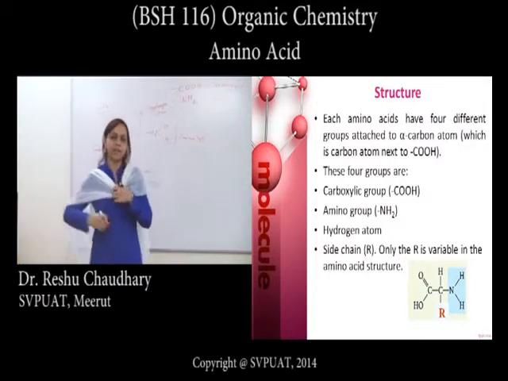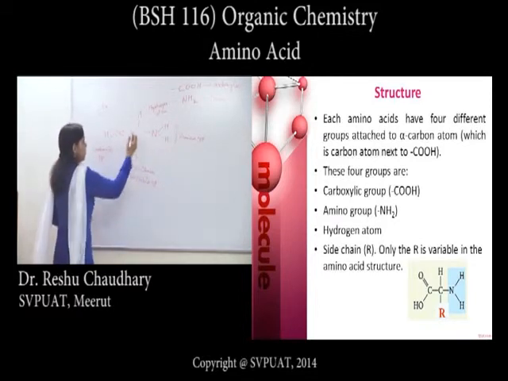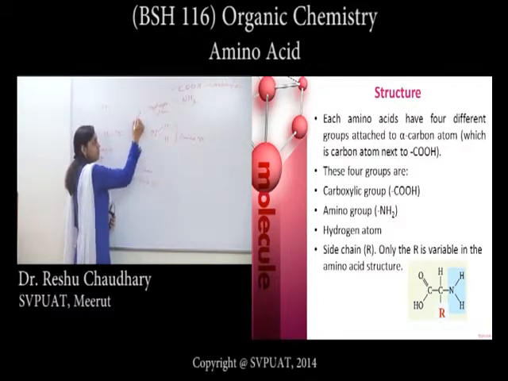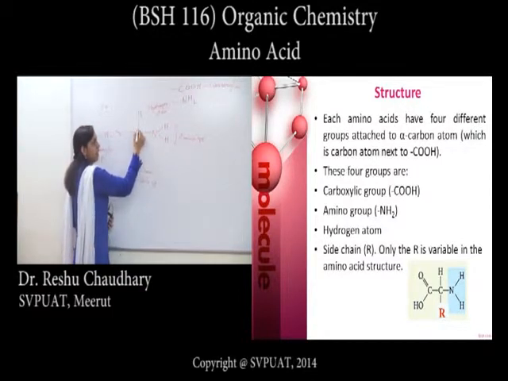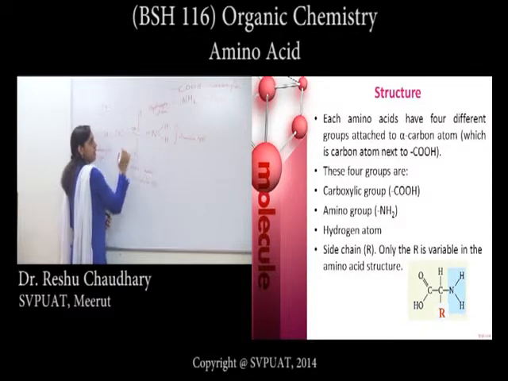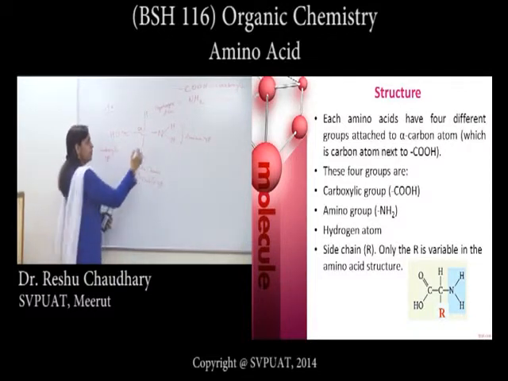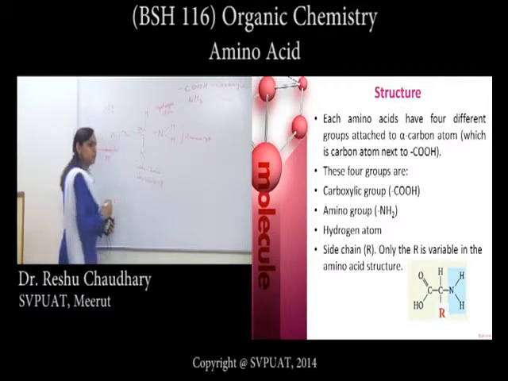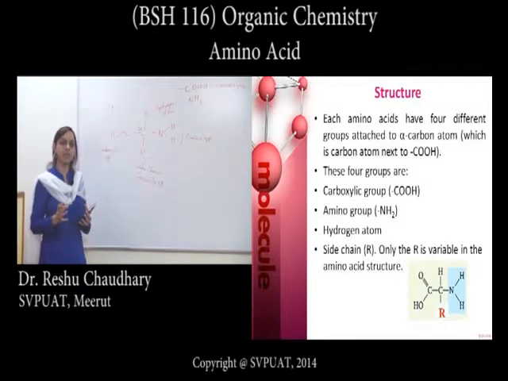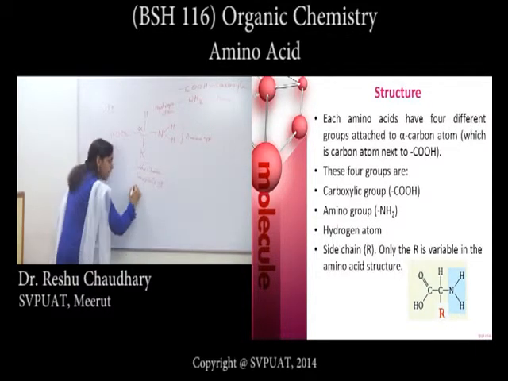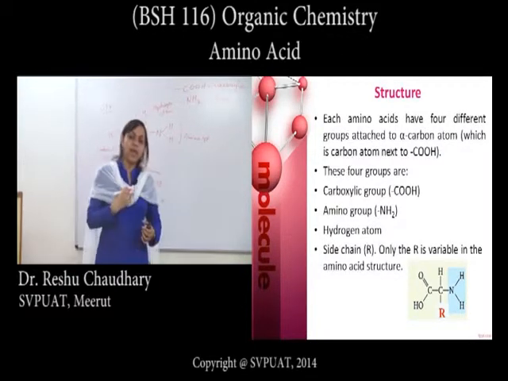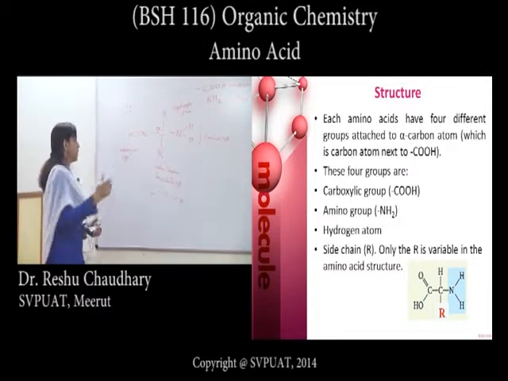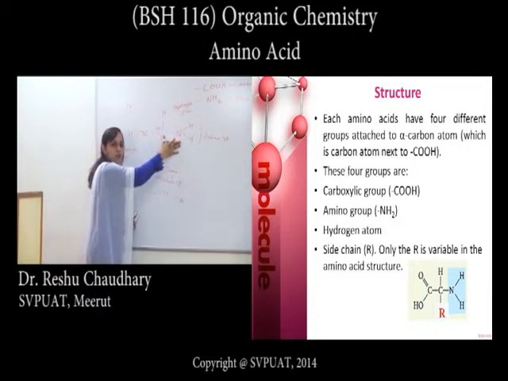They are optically active. Why? Because of the presence of different types of groups attached to a single carbon atom, which is known as the alpha carbon. Mainly those amino acids which are present in the formation of protein structure are L-alpha amino acids in nature. L means levorotatory, and alpha means the amino group is present on the left side of the structure.